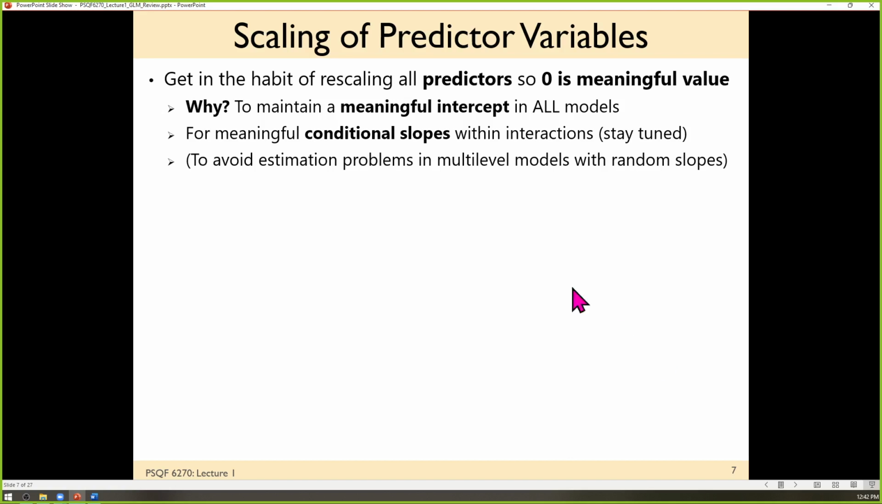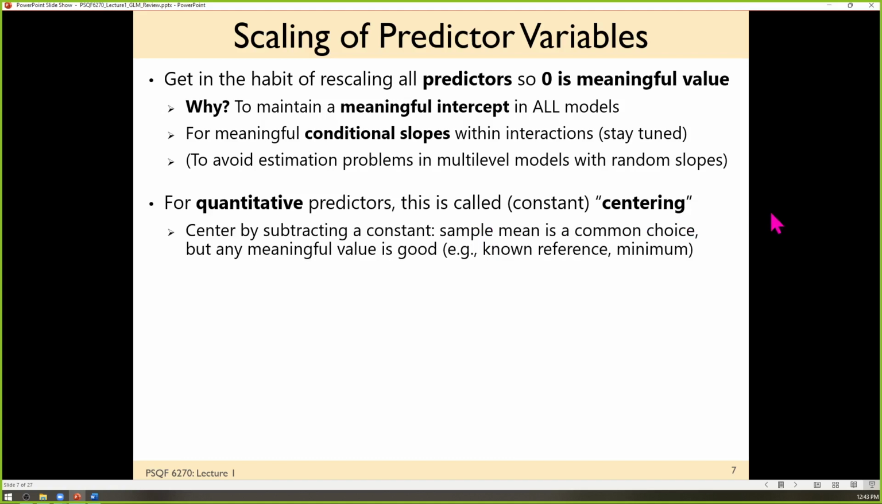So, anywho. We're talking about scaling predictors. So, even though it doesn't always matter, I want you to get in the habit of thinking about what a predictor represents and how you can make 0 a meaningful value. So we talked about that last time. It always matters in terms of interpreting the fixed intercept in a linear model solution. It will sometimes matter if you have interaction terms, and it always matters if you have random slopes in more advanced models. So this process of changing a quantitative variable so that 0 means something is referred to as centering,